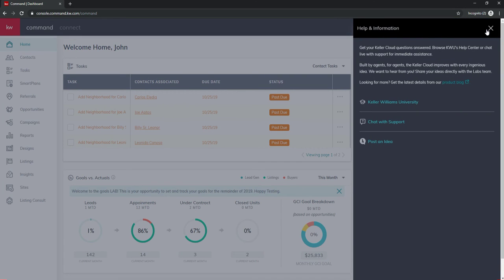And then finally, we see the question mark up here, and this is going to allow me to learn a little bit more about Command. So if I want to, let's say, have a problem inside Command and I need some help, I can click the chat with support,